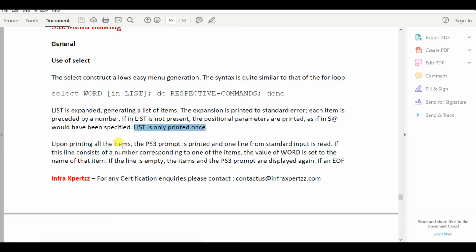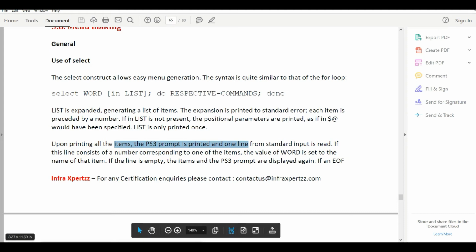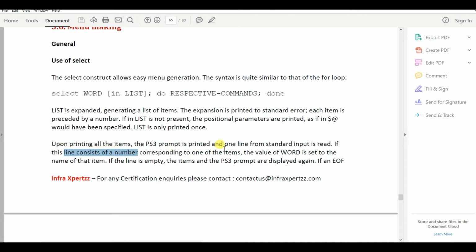Upon printing all the items, the PS3 prompt is printed and one line from standard input is read. That means after the menu is printed by the select statement, it will wait for the user to give input. Once the user gives input out of this list, it will read that input into a variable. If the line consists of a number corresponding to one of the items, the value of word is set to the name of that item.